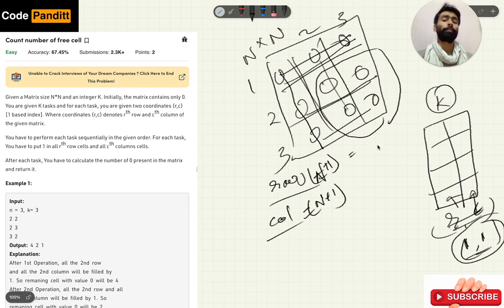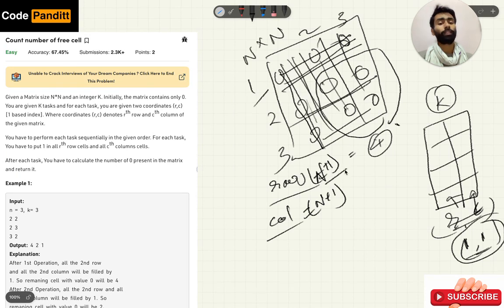So it may happen in some case that after the third task on the same row, the count has to increment, so it will end up being 4.